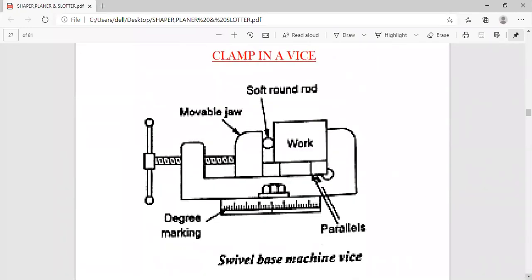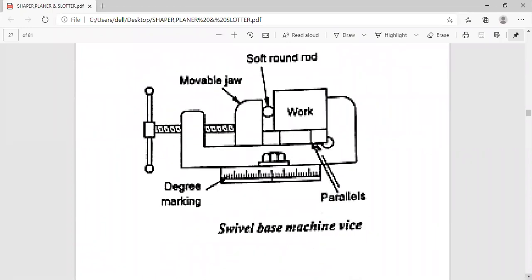Okay, so we'll wind up. The summary of this particular class: what you have learned in this class is the construction and working principle of shaper. You have learned the various operations performed on shaper and the corresponding cutting tools.